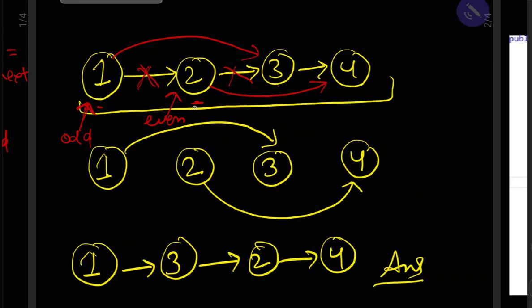If even becomes null, we are at the end of the linked list.